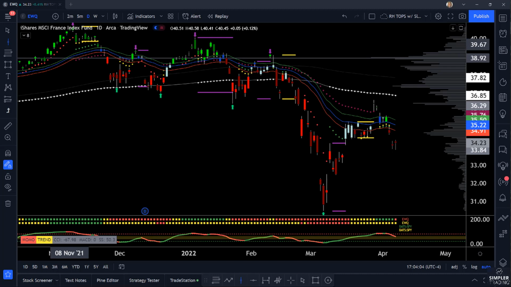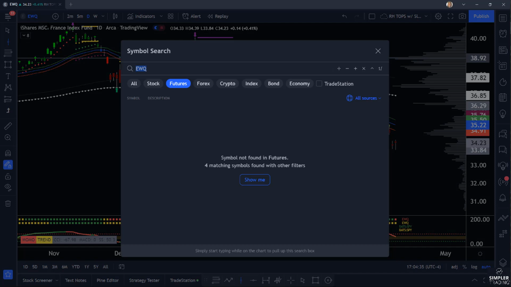Now, when we take a look at EWG and EWQ, I don't have access to those futures contracts. I'm not going to trade them either. They can be pretty illiquid. But notice they're both below the 200 propulsion. These are shortable indices. In fact, these have better clarity than the US indices. When you take a look at the Qs and the NASDAQ futures, the diamonds or the Dow futures, they're quite choppy. So this is just Europe and the euro.